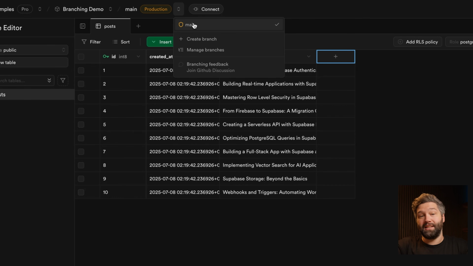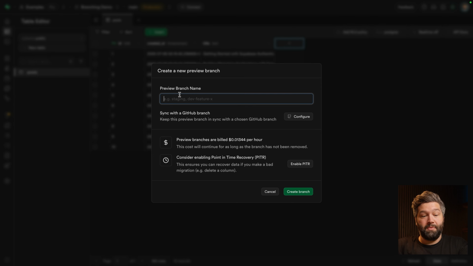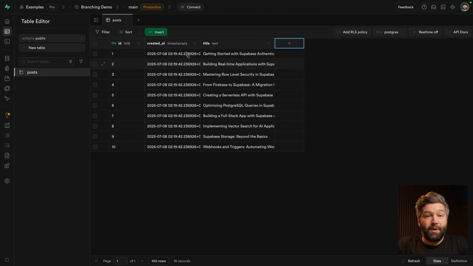So this main branch is my main production branch for Supabase, and I can make a copy of that state of my Supabase project by creating a branch. This one can be called add comments. We'll look at syncing this with GitHub later. This is just letting us know that this branch is going to cost us money, and we might want to consider point-in-time recovery. I'm all good for now, so I'm going to create this branch,